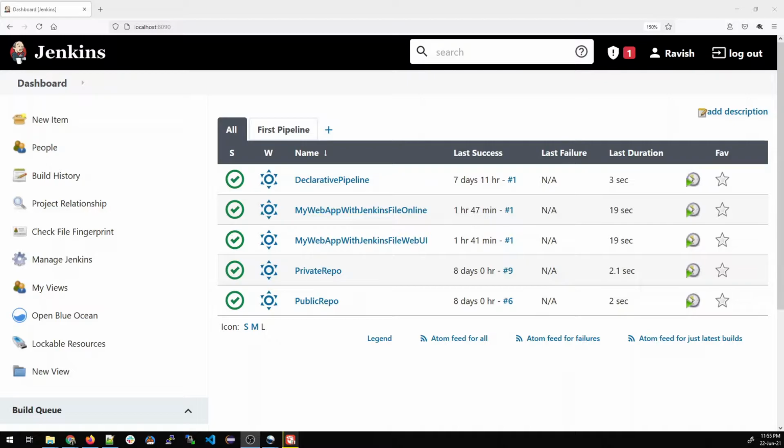So today in this video we are going to discuss how to integrate a Maven based web application with declarative pipelines. So we are going to create two projects. If you can see on my screen, one is online and one is through the web UI. In both of them we are going to use Jenkins declarative pipeline. Scripted we are not going to use today. We are going to use only the declarative part, and then we'll run both of them and create an artifact, and it's a web-based project, so it would be a war file. So that's what the plan for today is. So guys, let's get started.